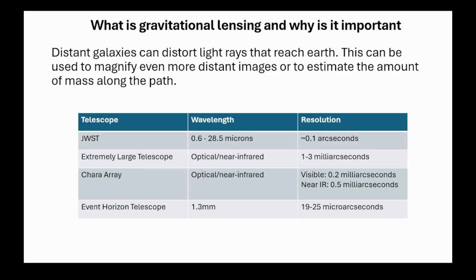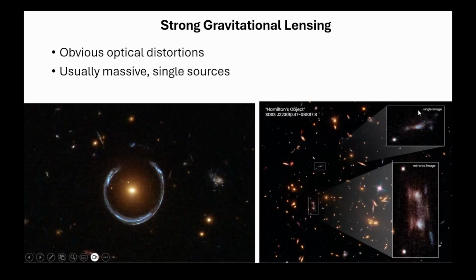Anyway, just keep these numbers in mind when we're talking about light deflections later, because if I can recreate something that's not within the range, then it doesn't matter. We have to be able to recreate distortions that are in the range of something measurable for it to be meaningful. So there's strong gravitational lensing, which is very